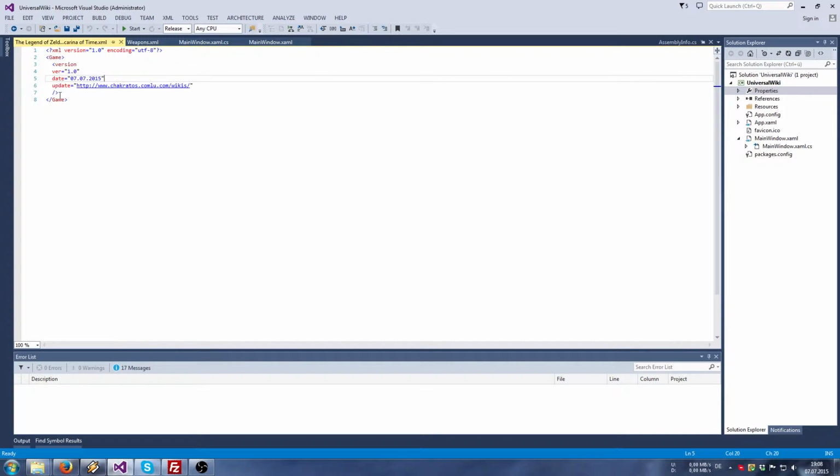And the important thing, update. If you don't want to release it on my side, then this is the wrong link. If you want to release your wiki on your side and you have some web space somewhere, and you have this update link, it must show where another XML lies. So at this link there must be another The Legend of Zelda